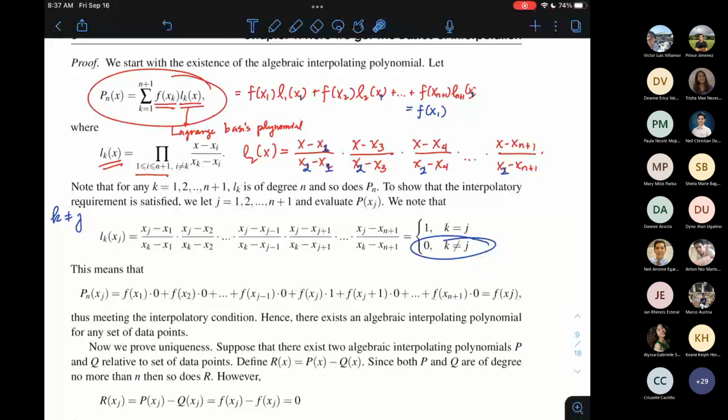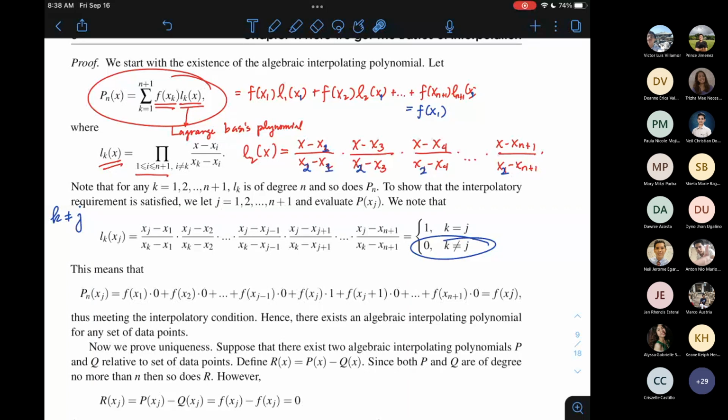Bakit maganda or bakit ito yung ginagamit na polynomial? Kasi ang kagandahan ng Lagrange basis polynomial, kapag pinlog-in ko yung pang j na abscissa or x value dun sa kth Lagrange basis polynomial, ang value niya ay 1 kapag si k ay equal kay j. Tapos siya ay magzi-zero kapag si k ay hindi equal kay j. So basically, the kth Lagrange interpolating polynomial indicates to us whether the subscript of the abscissa matches that of the